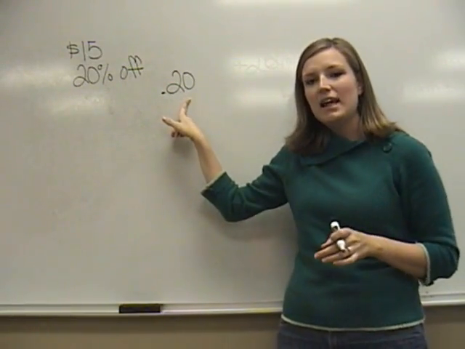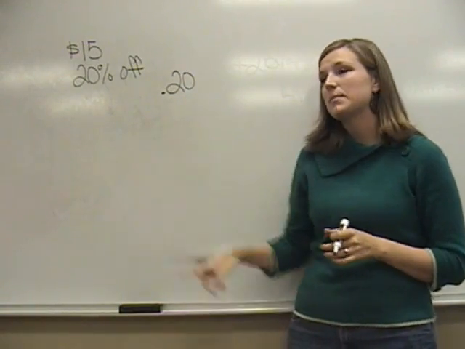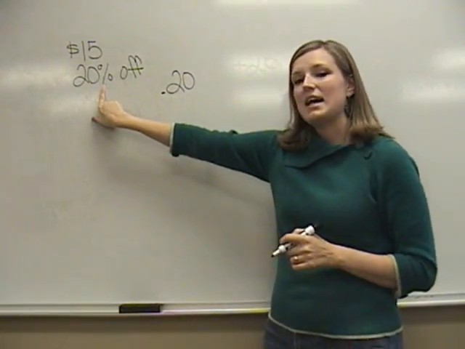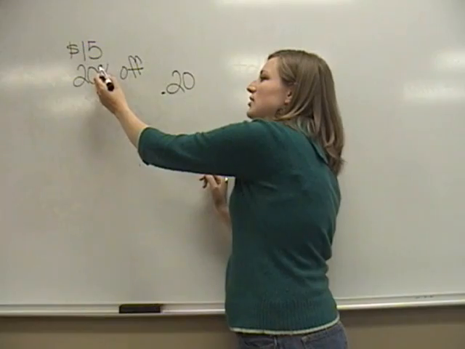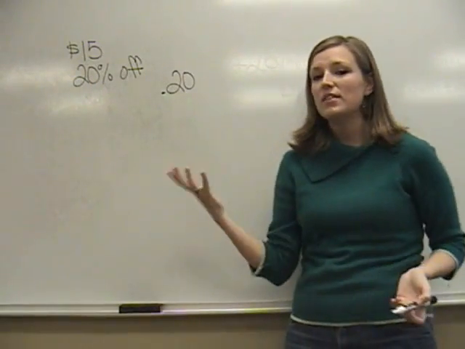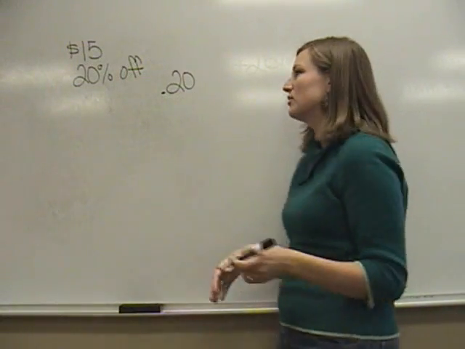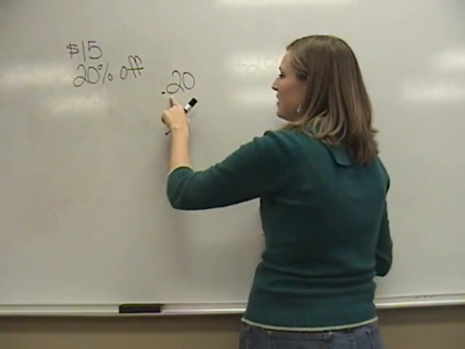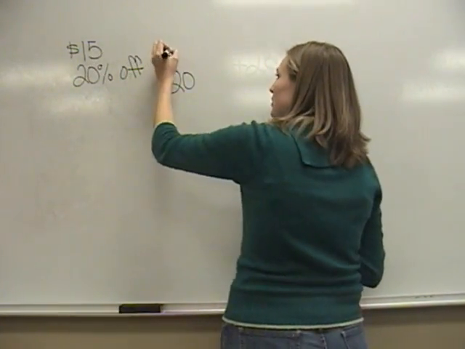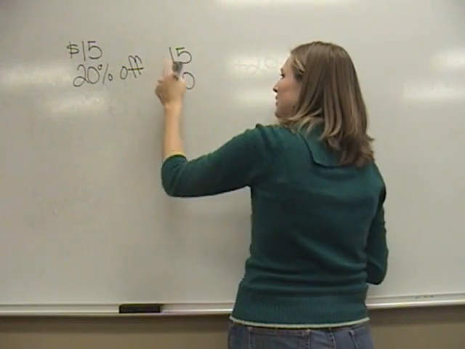Now if you get stuck and can't remember how many times to move your decimal, think back to the percent sign. The percent sign has 2 circles. So you think 2 circles, I'm going to move my decimal place 2 times. Just a little trick. So our next step, now that we have our decimal, we're going to multiply the actual